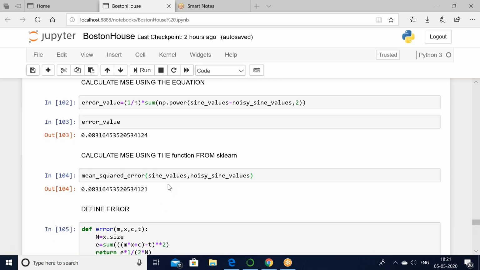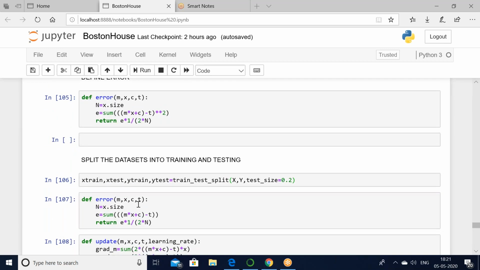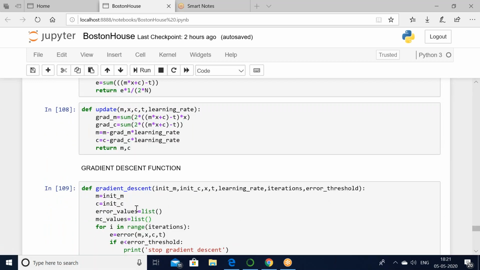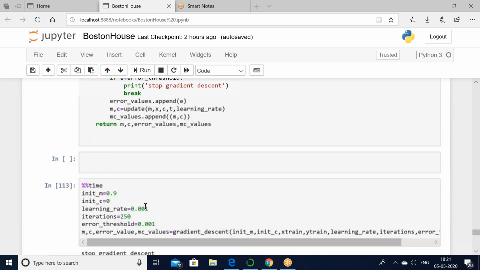From sklearn, we import mean squared error and split the data sets into the training and testing data sets. After that, you have to apply the gradient descent function.